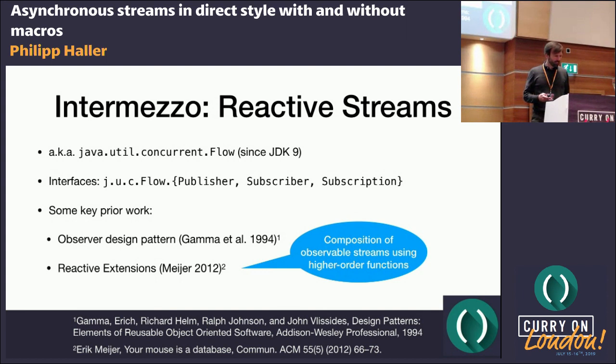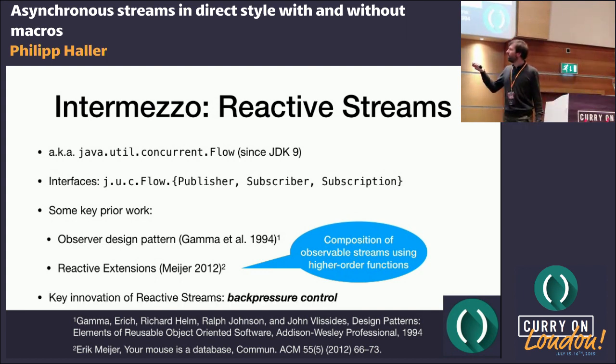Now, reactive streams essentially takes reactive extensions, more or less, and adds something that is somewhat missing, which is back pressure control. What this means is that if I'm a subscriber and I subscribe to publishers, I need some way of making sure the publishers don't overwhelm the consumers, the subscribers. So the subscribers should have a way to control the flow of events that they receive. I'm just going to give you a quick rundown of all these interfaces.